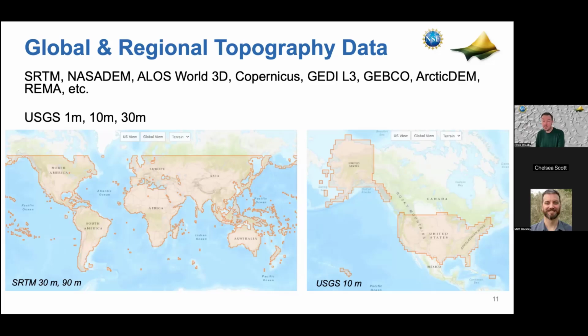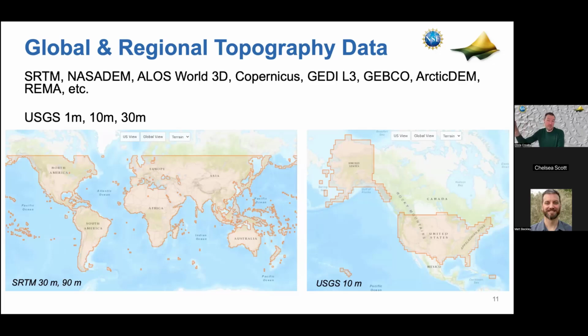There's not really point clouds associated with these data sets because of the sensor technologies that are used to collect them. And they're, in some cases, truly global in coverage, like pole to pole. In other cases, they're most of the globe, but end at some latitude as a function of the orbital geometry of the sensor or the satellite. So like SRTM on the left, you see has a cutoff that's about a third of the way up Alaska.